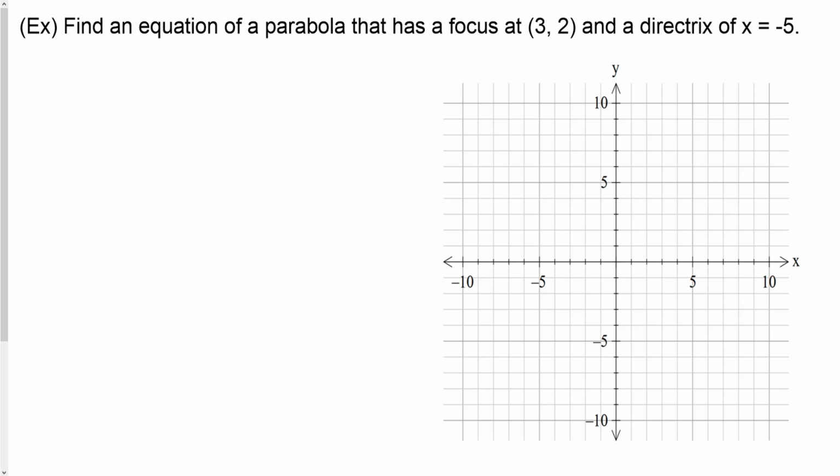So the focus is at 3, 2. So I'll go ahead and plot that right there. The directrix is x equals -5. So the directrix is back here. Now, the things that I know first off is because of the orientation of the directrix and the focus, this parabola is going to be opening to the right,